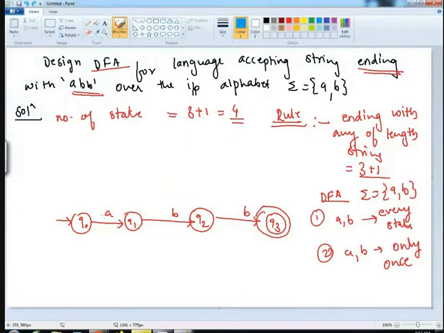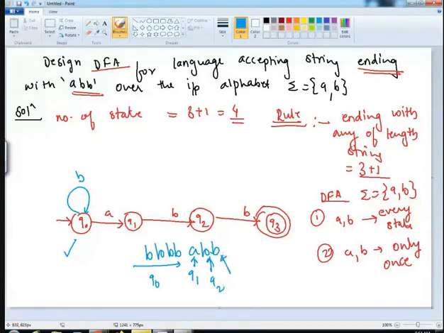So what is the method I can use? Can I give a self loop over here? Yes, I can give a self loop, because if I give as many B's, then A, B, B, तो मशीन क्या करेगी? जितने भी B's लेने हैं वो Q0 पे ही ले लेगी. So it will stay at Q0 itself. Then with A, the machine will move to Q1. Then with the next B, the machine will move to Q2. And lastly it moves to Q3, which is an accepting state, right? So I can give a self loop of B on my Q0 state.